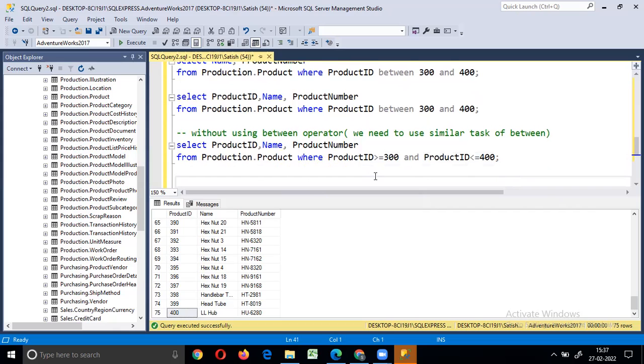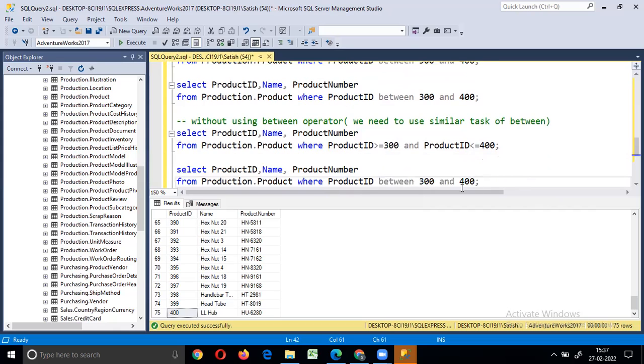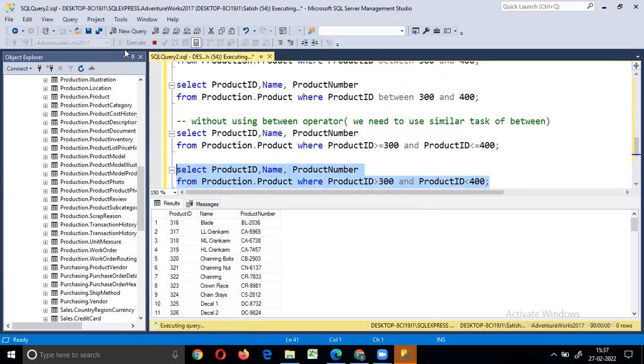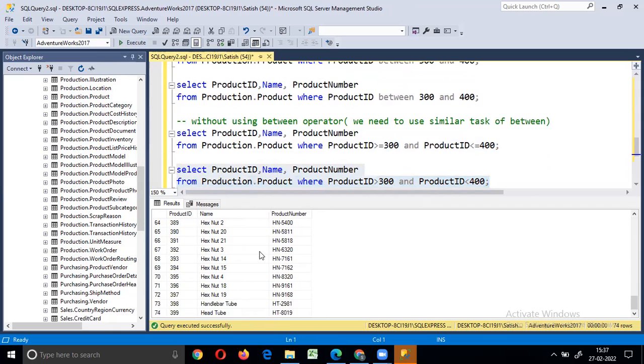So without using that, see, 400 will not display here.